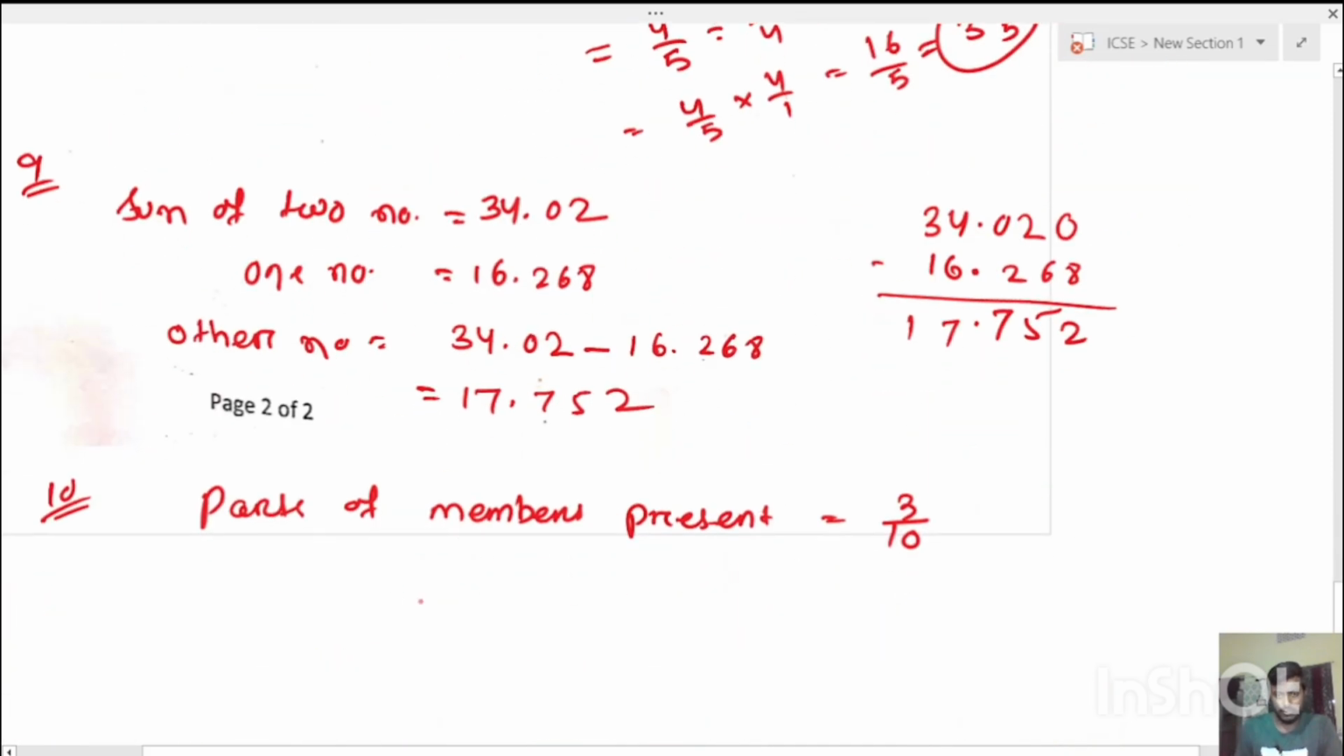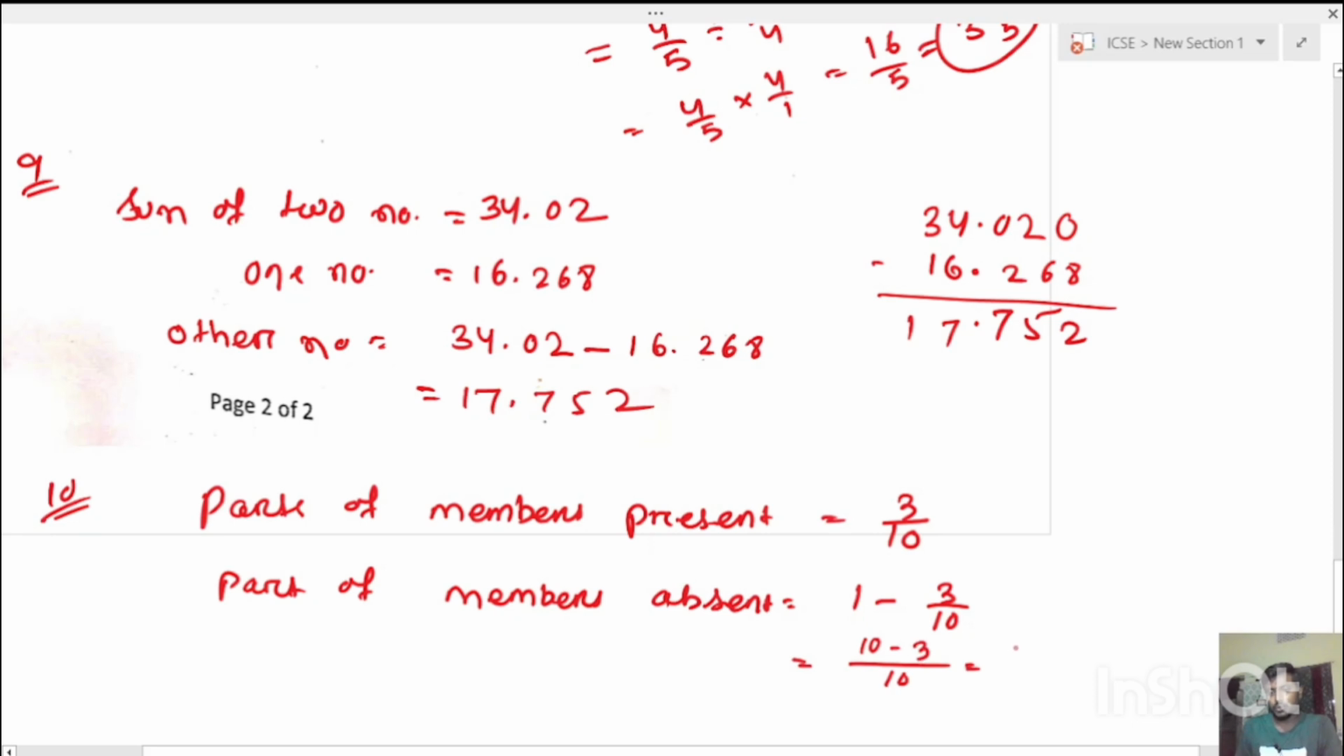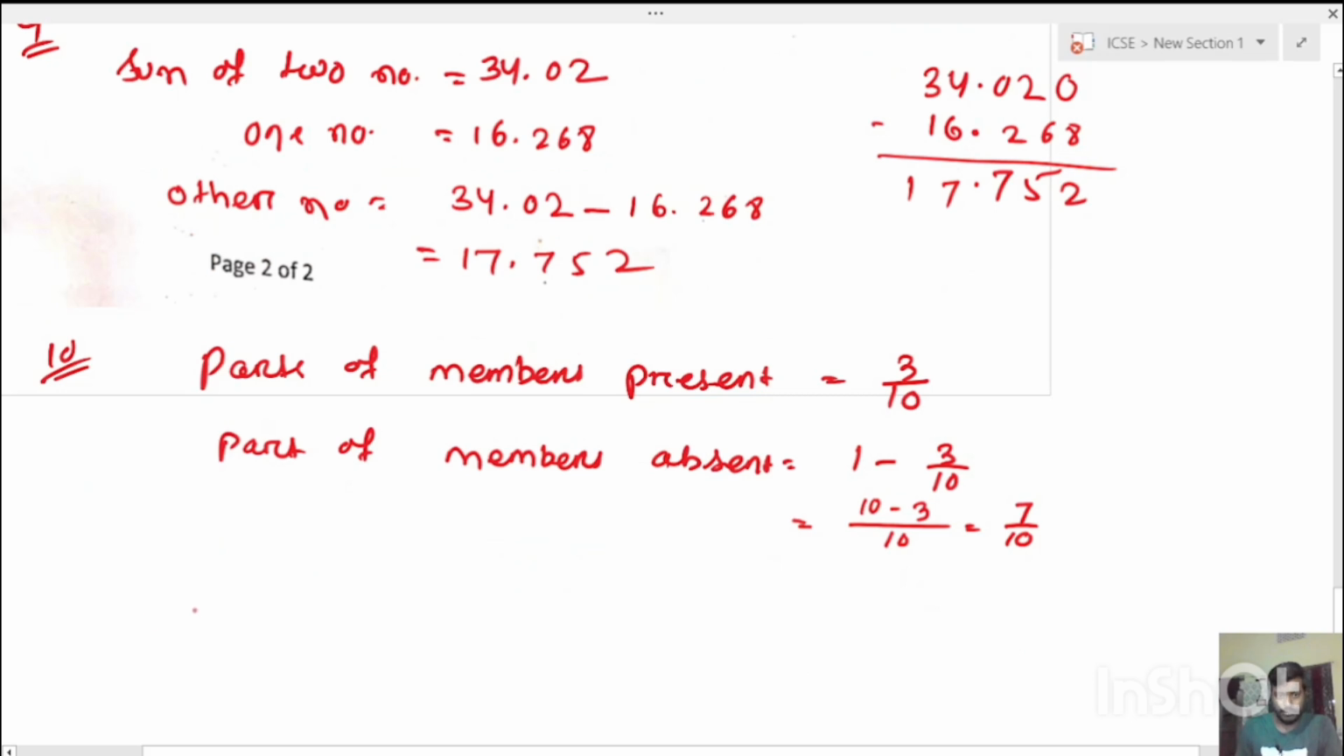Now write down the part of members absent is equal to 1 minus 3 by 10. Now LCM 10, then 10 minus 3 is equal to 7 by 10. Okay. Now find the number of members who were absent, which is 7 by 10